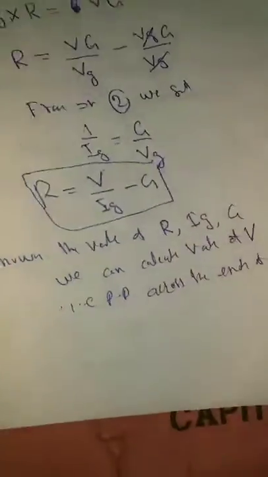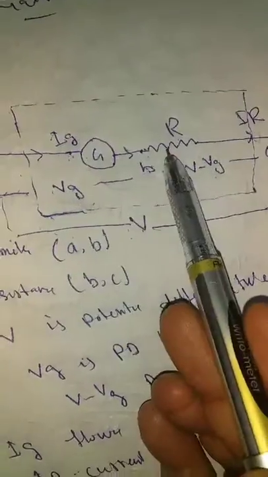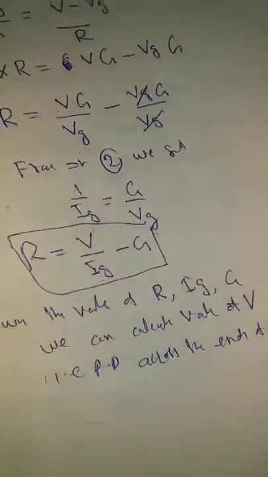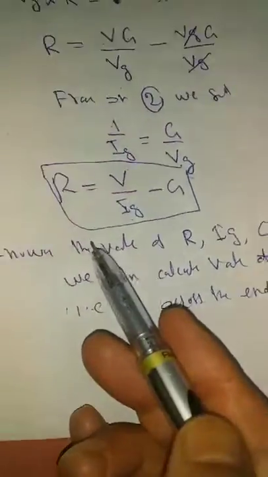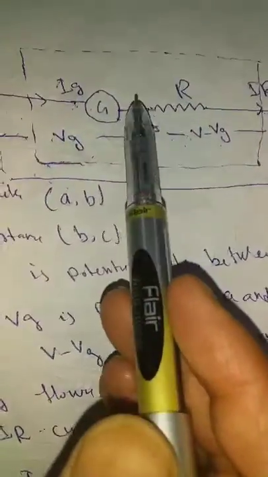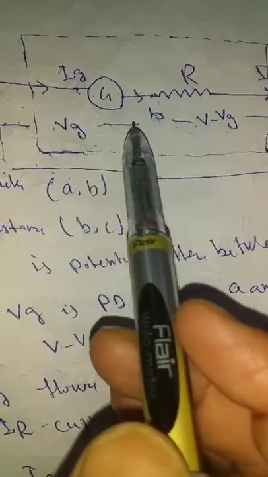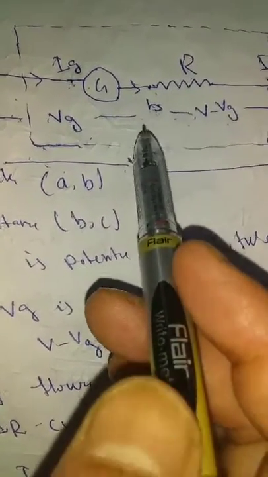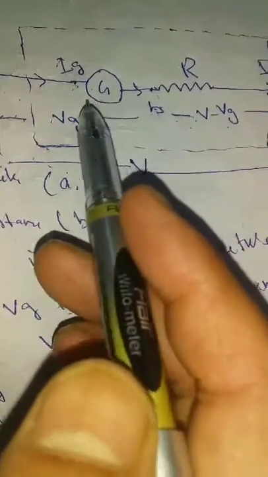Here I know R, which is a high resistance value that I have already given, so its value I will know. IG is the current flowing through the galvanometer and G is the resistance of the galvanometer. When I know these values, I can find out the value of V. That means a galvanometer can be converted into a voltmeter by connecting a high resistance in series with it. The value of this resistance is so adjusted that only the current IG, which produces full scale deflection in the galvanometer, passes through the galvanometer.